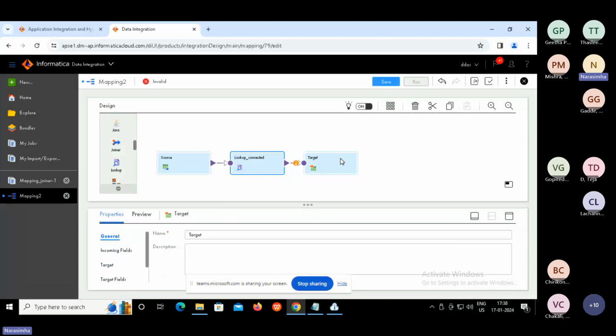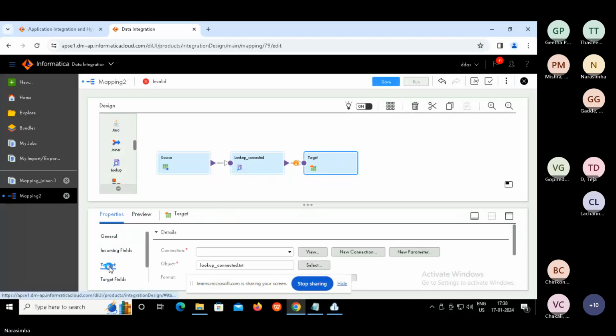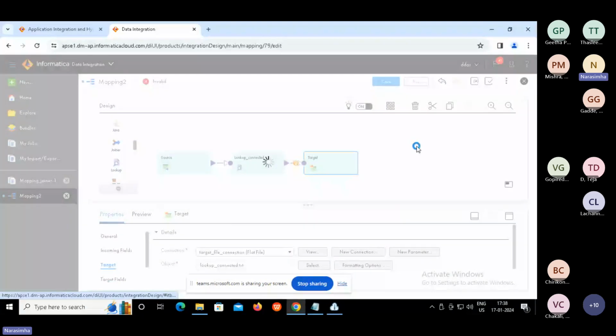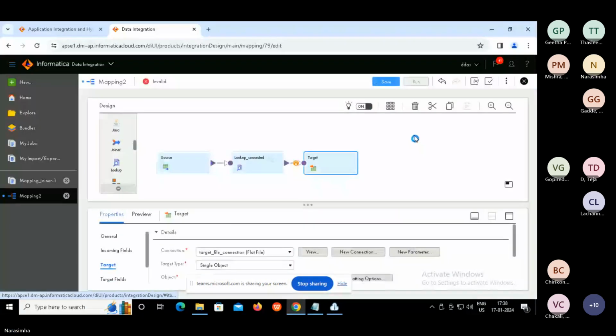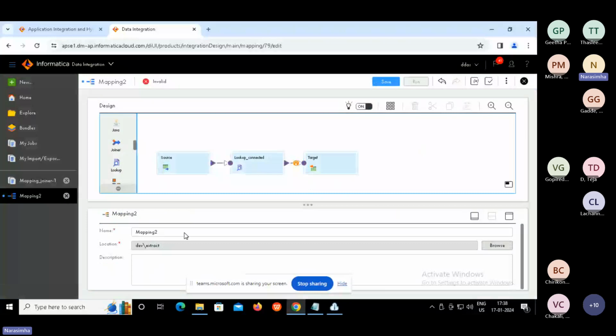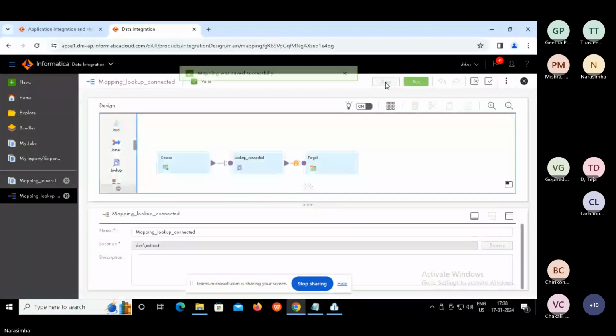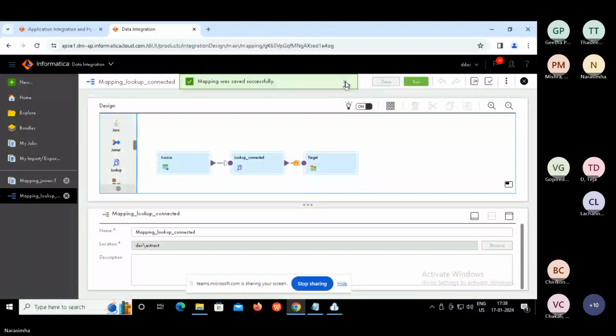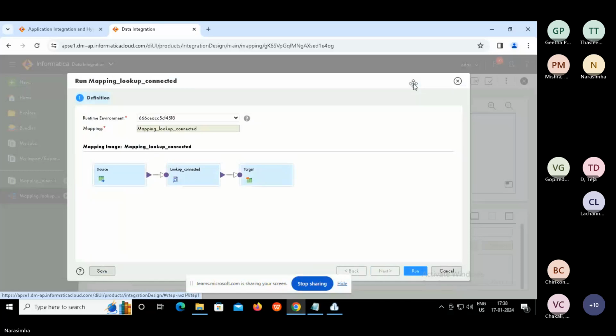And target we need to configure. I think that also we did. Yes, all done. Now we can supply the mapping, underscore lookup, which is connected lookup. Save it and run. Run again.